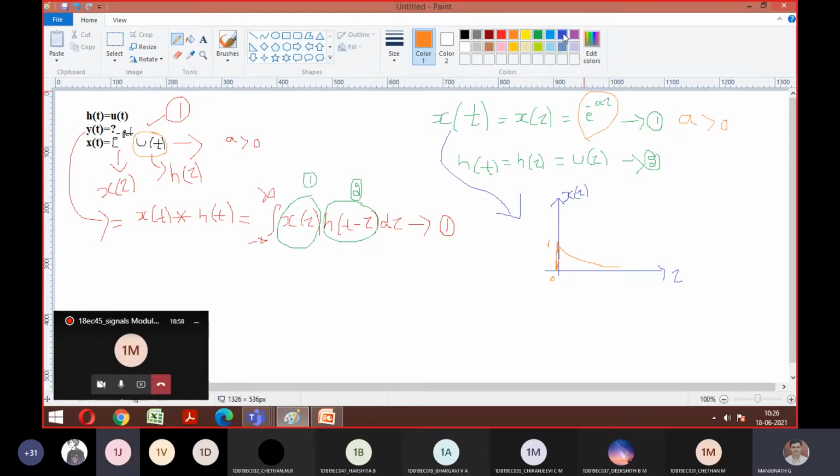Yes, sir. Similarly, let's plot one more signal, that is h of tau. Same x-axis, y-axis, h of tau. What is the given function? h of tau is nothing but u of tau. How to represent u of tau, you remember, right? From 0 it goes towards infinity. From 0 it reaches the maximum peak of 1, and from there it is kept constant. This is how I need to represent it. Is it okay to everyone till here? Am I fine till here?